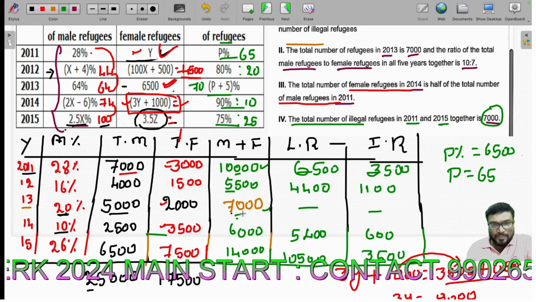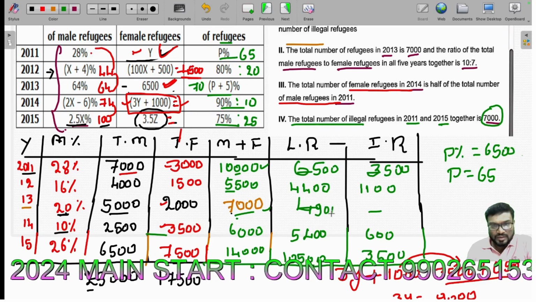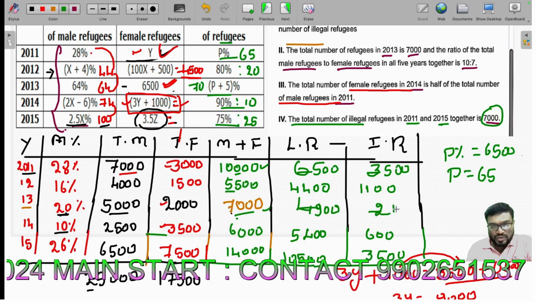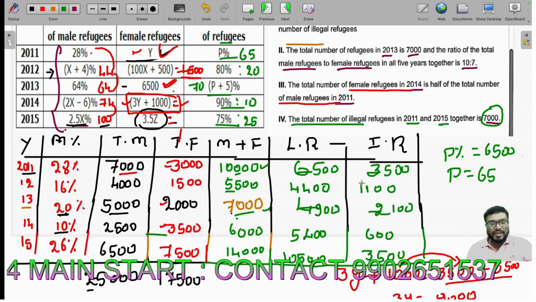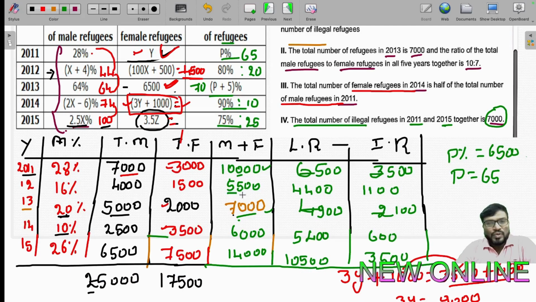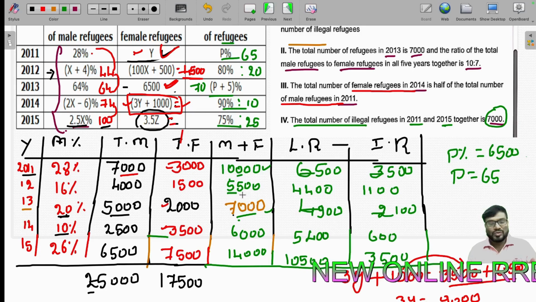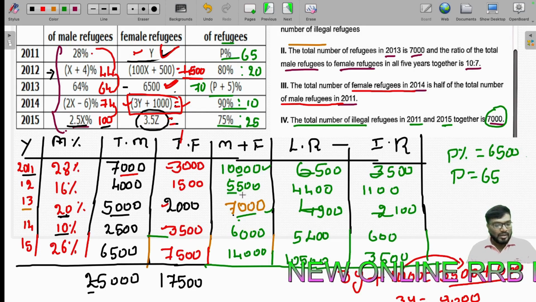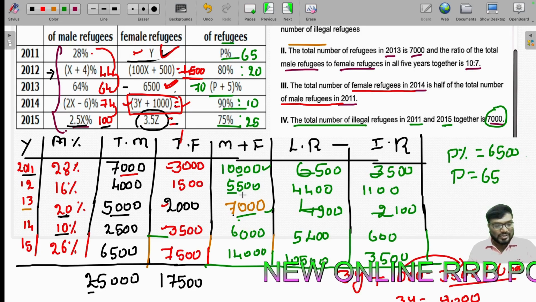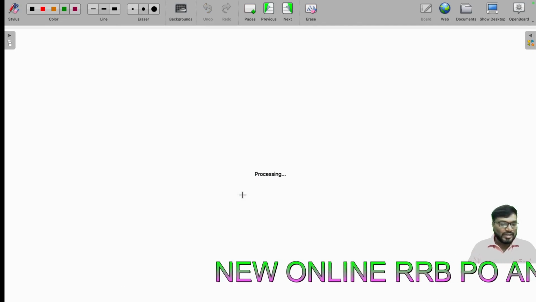Then 70 percentage of this number is 4,900. 30% of this number will be 2,100. Now I know all the data. I can solve questions easily. If you solve all this data interpretation, definitely you can solve questions very easily. Let's solve questions one by one. You will understand. Now if you see the question here,